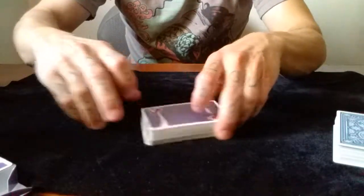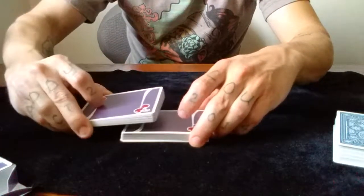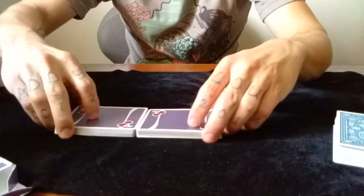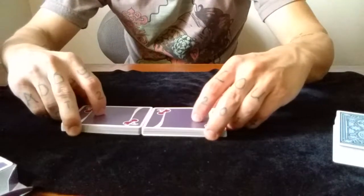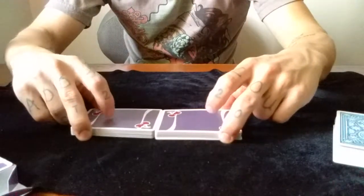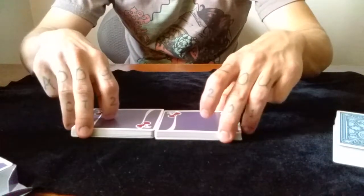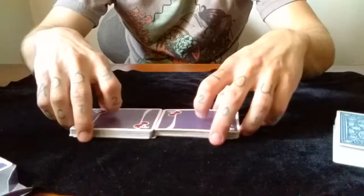Like that. Then you've got the thumbs on the back. You want to make sure they're nice and tight. I use my right thumb to riffle up the back till I've got about what I think is half. That's actually not half, but it doesn't matter if you get exactly half or not. But you want these two packets to be relatively tight, so I always butt them together to make sure they're nice and tight. You want to line them up, and place your ring finger on the backs of the cards, and rise them up. You want to rise both packets up in the air,